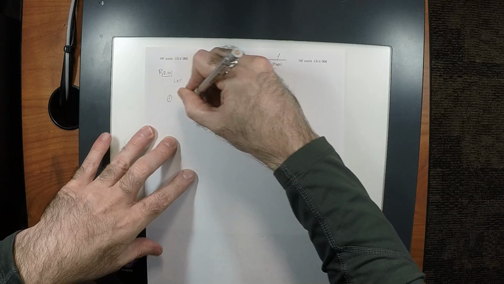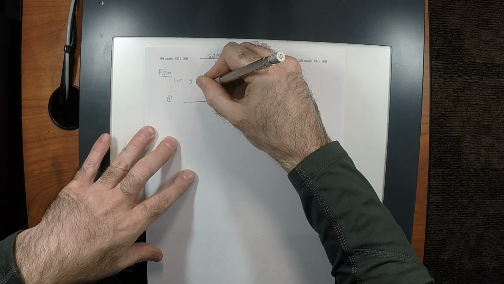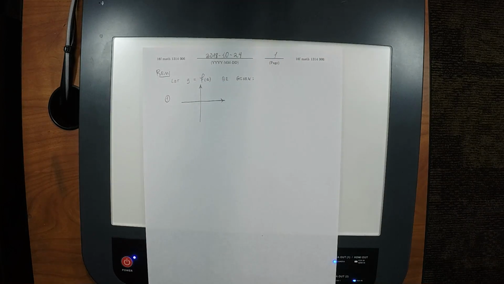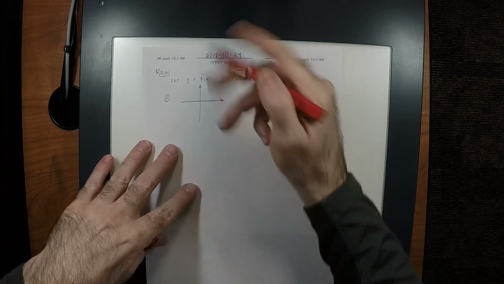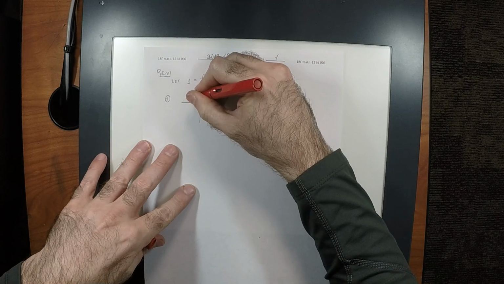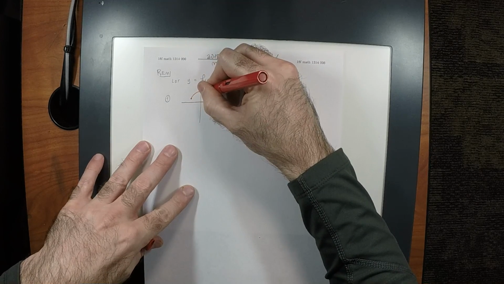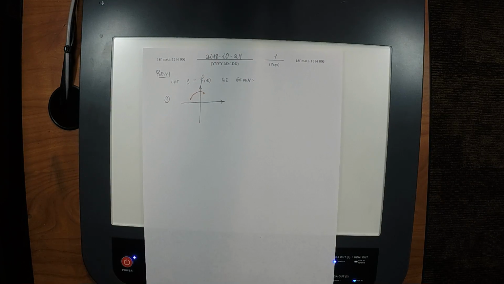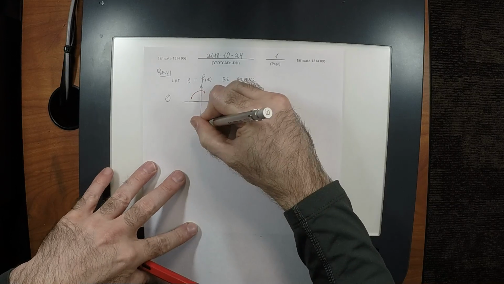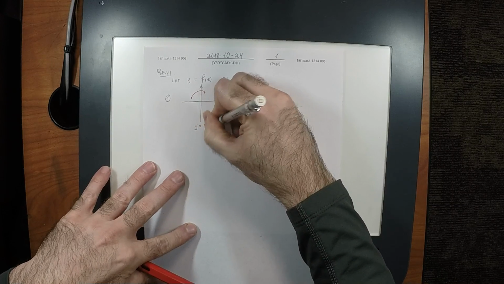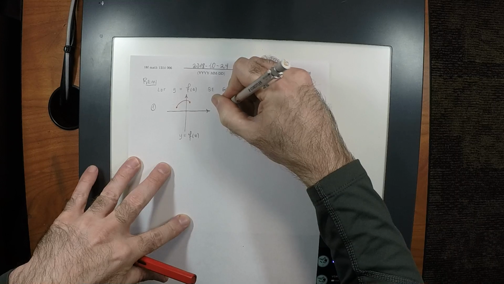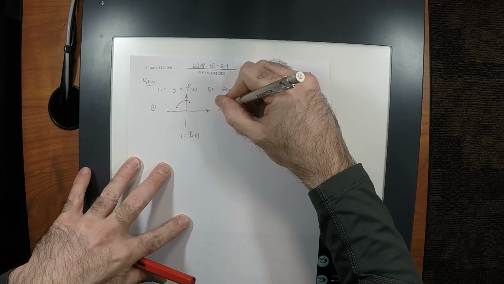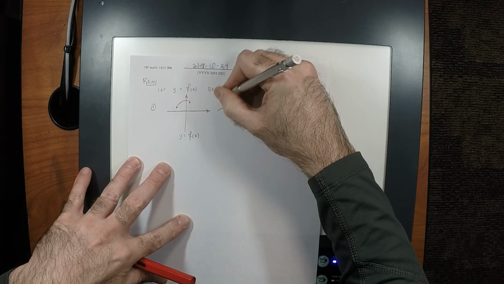In the first place, if this is what the plot looks like, something like that, if that's the plot of y is f of x, then we can make a horizontal transformation, a horizontal shift